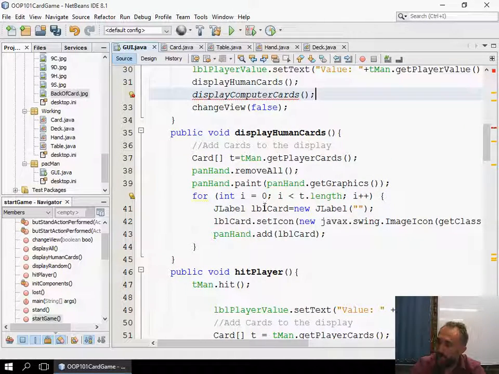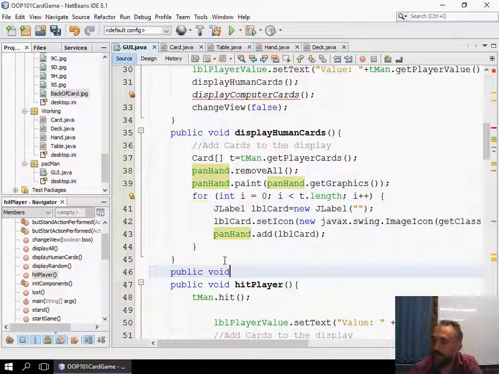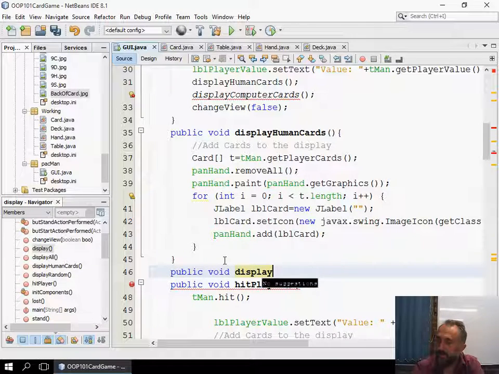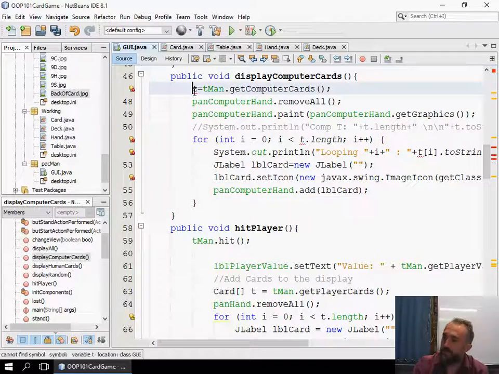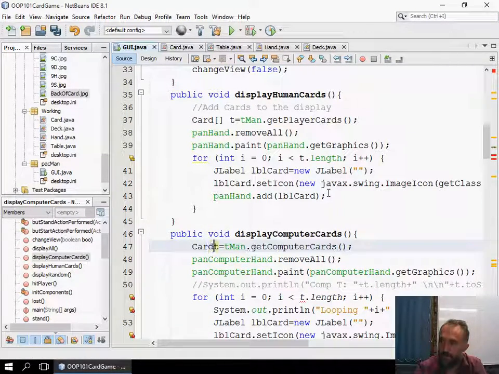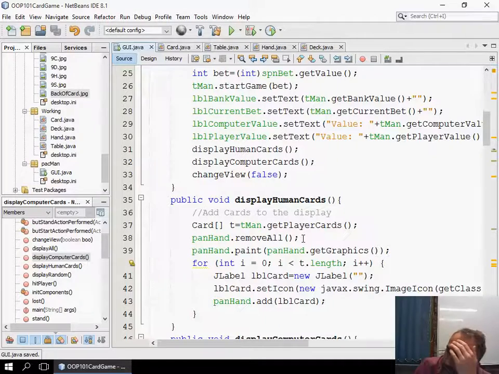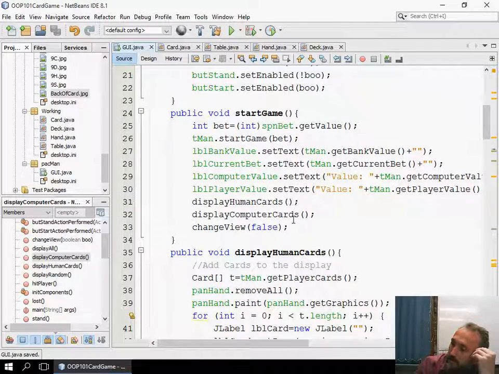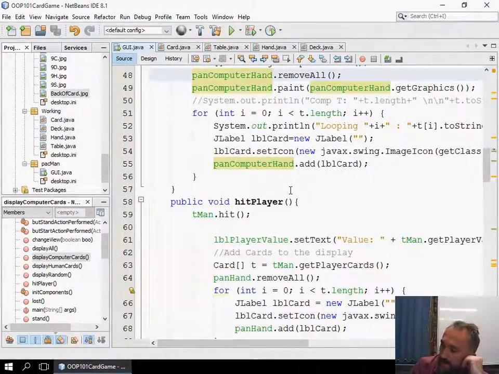So now, for example, when I've solved the problem of this paint thing that we had, it would mean that there's probably a second area where I've also called display human cards, or when I would need that I wouldn't have to remember to do it again. So this should be an array of cards, so card array T is equal to T computer hands. Yeah, so now here we've called both of them. We would call display human cards, display computer cards,